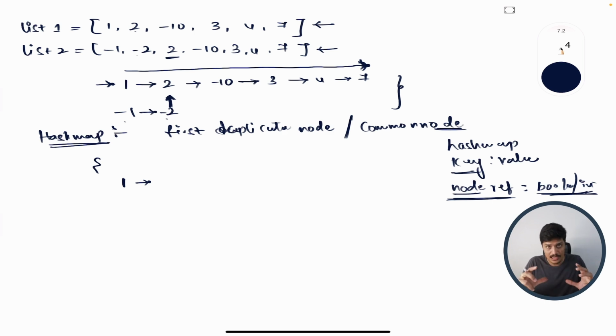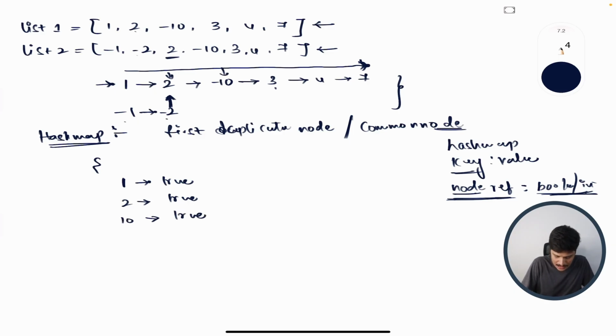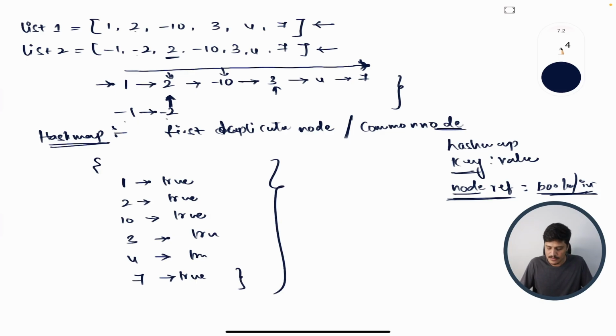I'll put the entire node object and a boolean value. Let's just assume that I'm putting true. I'll move on to the next node. So 2 also I will put true and move on to the next node. 10 will get added. Then 3 will get added, 4 will get added, and then 7 will get added onto the hash map. So this is the hash map that we have constructed after iterating over the very first